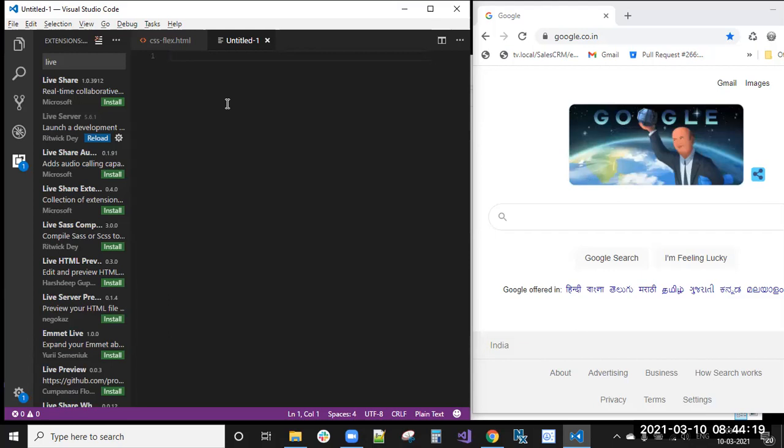So in these cases, we will use JavaScript mostly: form validations, form manipulations, showing the content, hiding the content, changing the font. So DOM manipulations. DOM is nothing but a document, and a document is nothing but a web page. Inside that web page, we need to manipulate the document. For that purpose, we will use JavaScript.